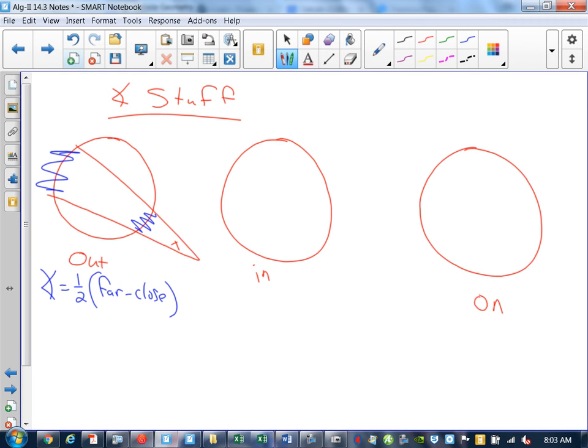Okay, that was your outside. So you had outside angle. If the angle was formed on the outside, it was equal to half the far minus the close. If it was inside,